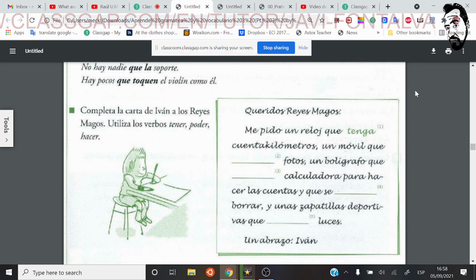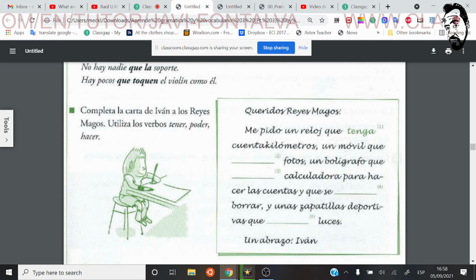So that is 5th January, right? Yes, the 6th of January, exactly. So it was traditional. I suppose my nephews still do it. They write a letter asking for things. They say, I was a good boy this year, please. So he is writing a letter for these three wise men.